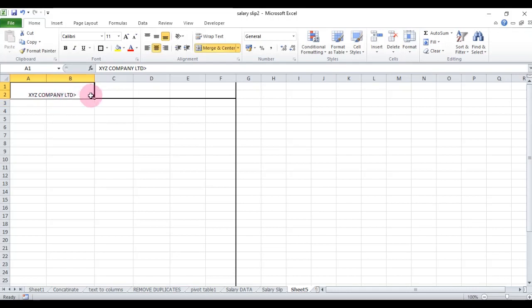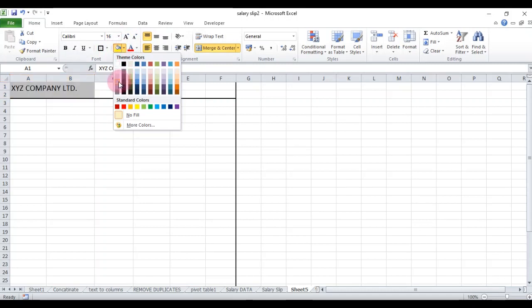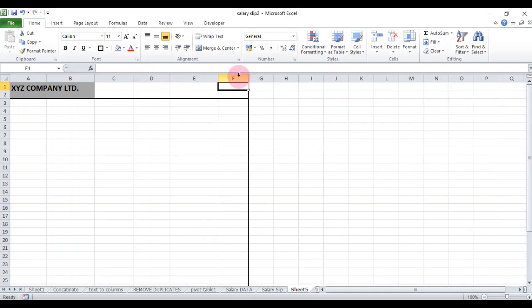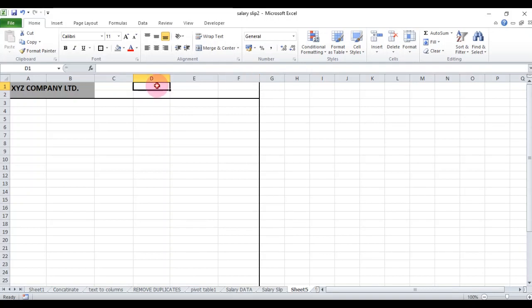You can format this like this: increase font size, make a fill color, bold, and then from here you start typing.